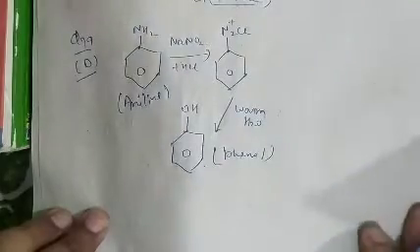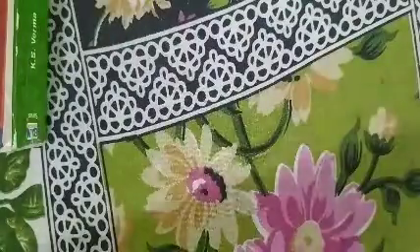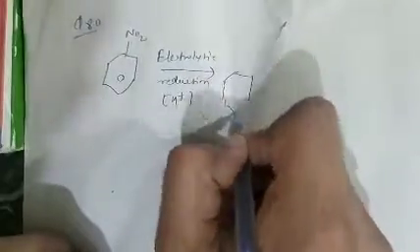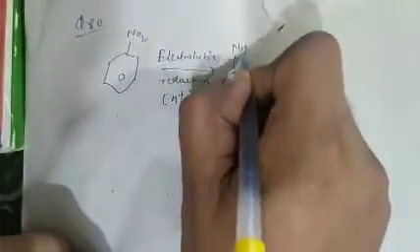See question number 80. In question number 80, what is given there? Question number 80 is basically the electrolytic reduction of nitrobenzene in strongly acidic medium. When nitrobenzene, that is benzene carrying the NO2 group, undergoes electrolytic reduction in presence of H plus, it will reduce, addition of hydrogen will take place, so it will form NHOH,